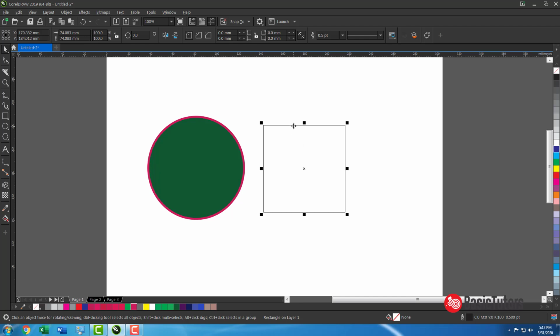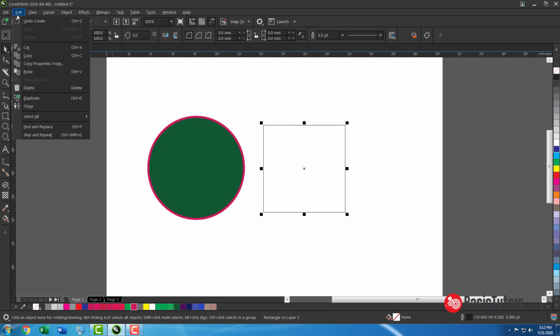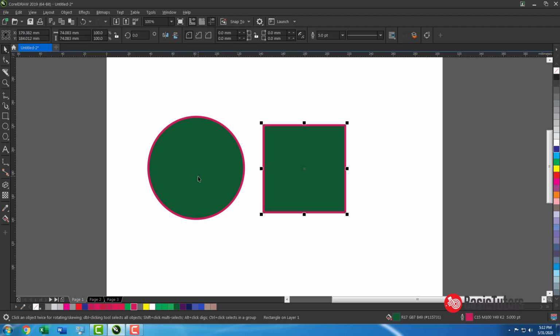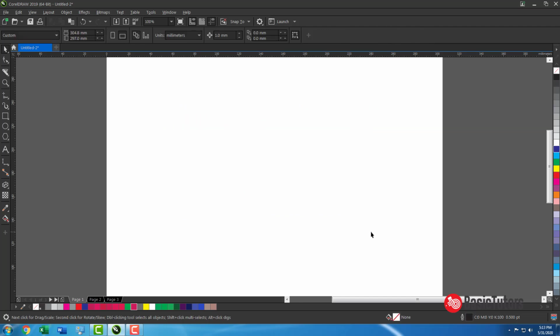Draw an object, select it, go over the edit menu and click on the copy properties menu, select these three things. Outline pen means outline properties, like the thickness of the outline and all other properties. All those things will be selected, and then the color of the outline and fill, all those things will get transferred here. This is the use of the copy properties from tool.